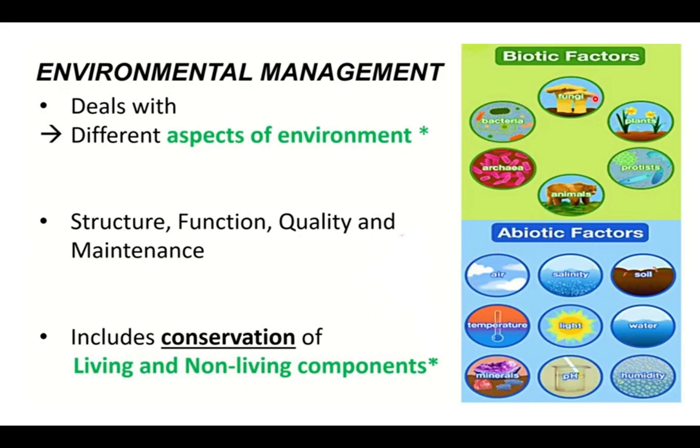These are the examples of living components and non-living components. Living components such as mushroom, fungi, plants, protista, animalia, that is animals, and then microorganisms, bacteria, fungi, etc. All the microorganisms are living organisms. Animals, plants and human beings all come under the biotic factor. Abiotic factors are air, temperature, light, water, minerals, etc. So all these are to be taken care of, that is conserved. This comes under environmental management.